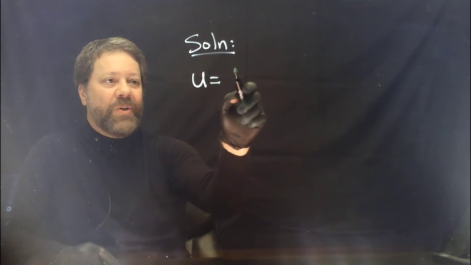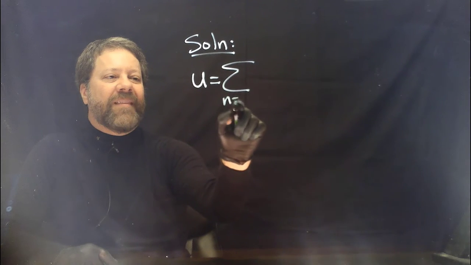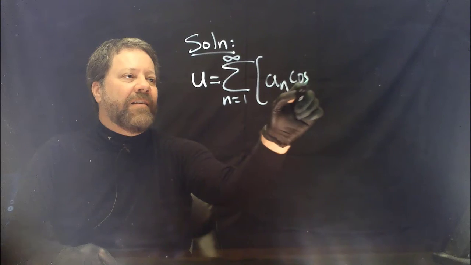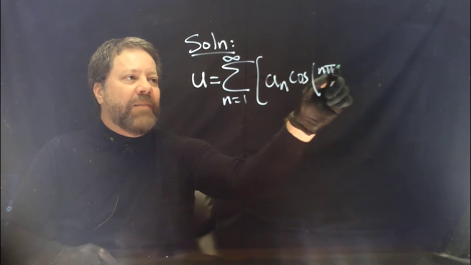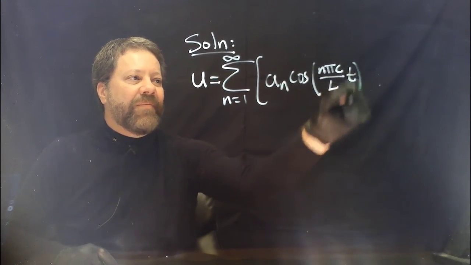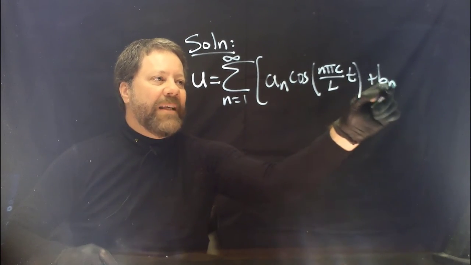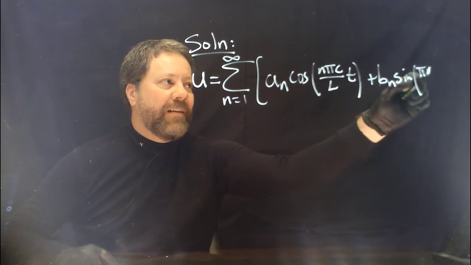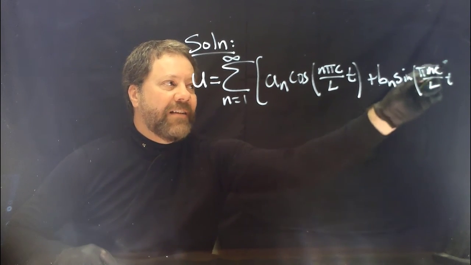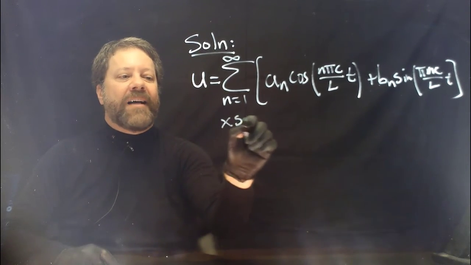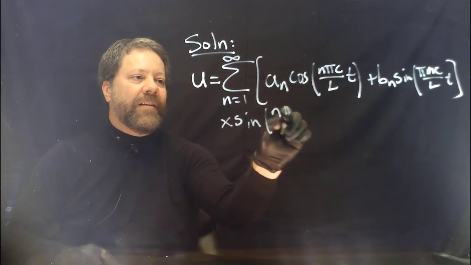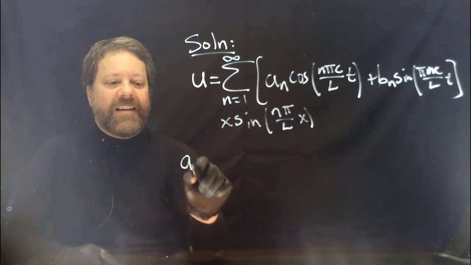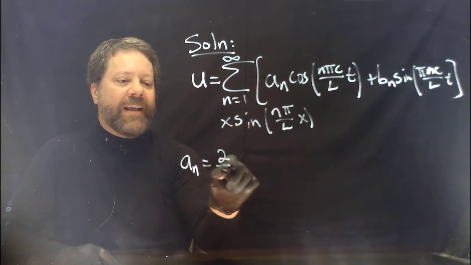The displacement u is going to be the sum, as n goes from 1 to infinity, of a_n cosine of n pi c t over L, plus b_n sine of n pi c t over L, times the sine of n pi x over L, where a_n comes from the initial data in the following way: